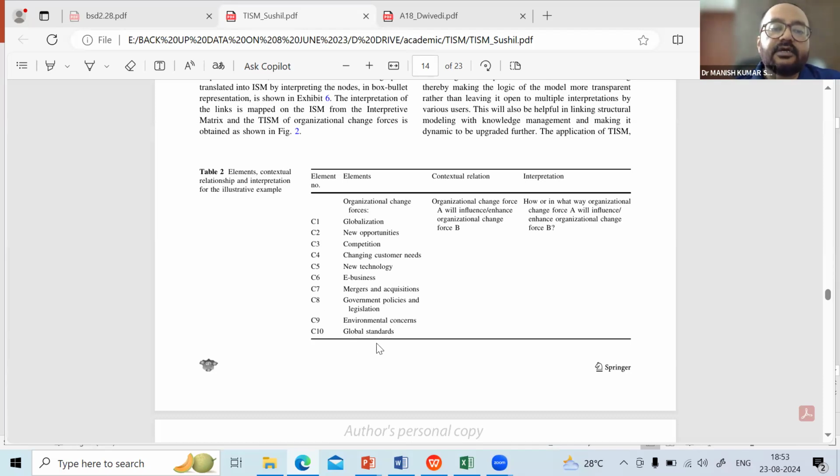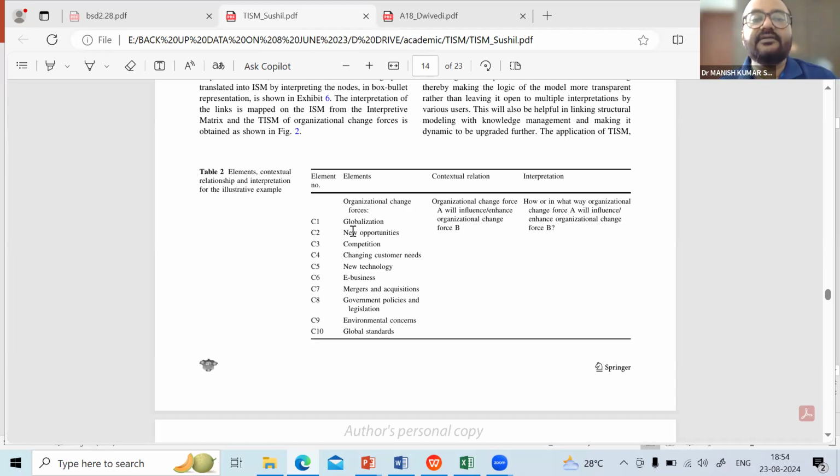So we got these supporting factors. Now we are going to apply the TISM modeling to that. So what do we have to do? First, in the first stage, we decrease the number of 35 variables into these 10. For example, you understand like this. So now there are 10 variables. Among the 10, again, we have to go to some experts, maybe 12 or 15. This time the number of experts you have to increase, because you will be asking